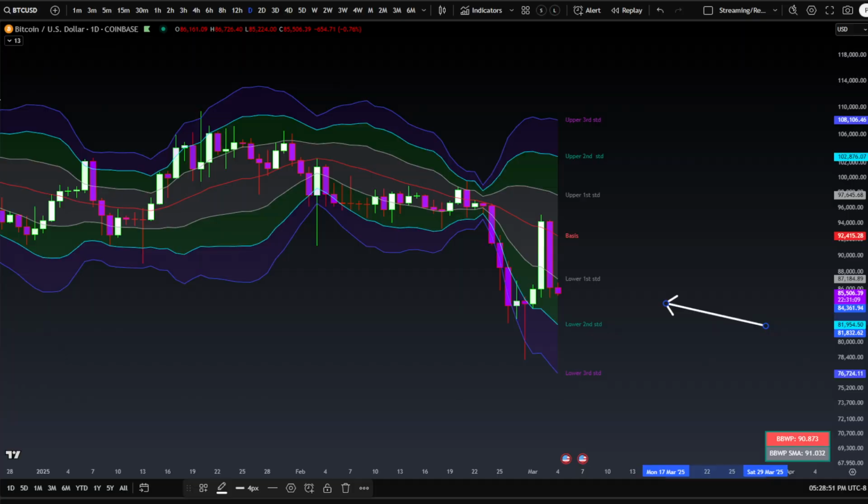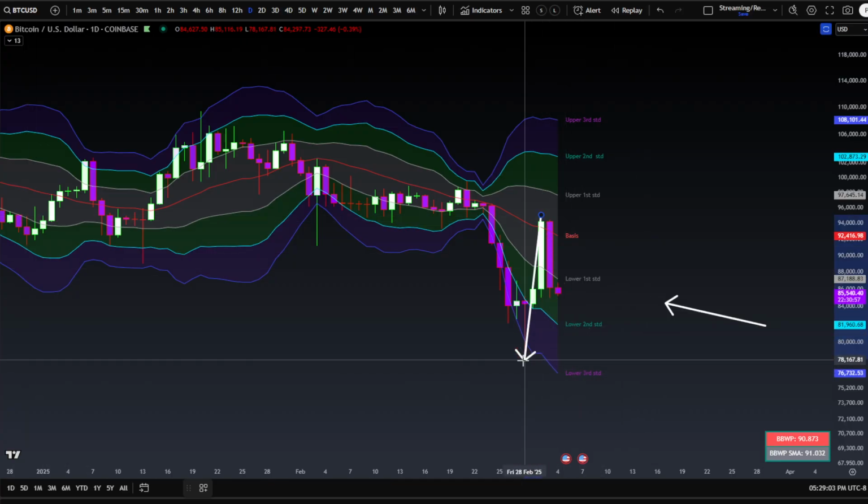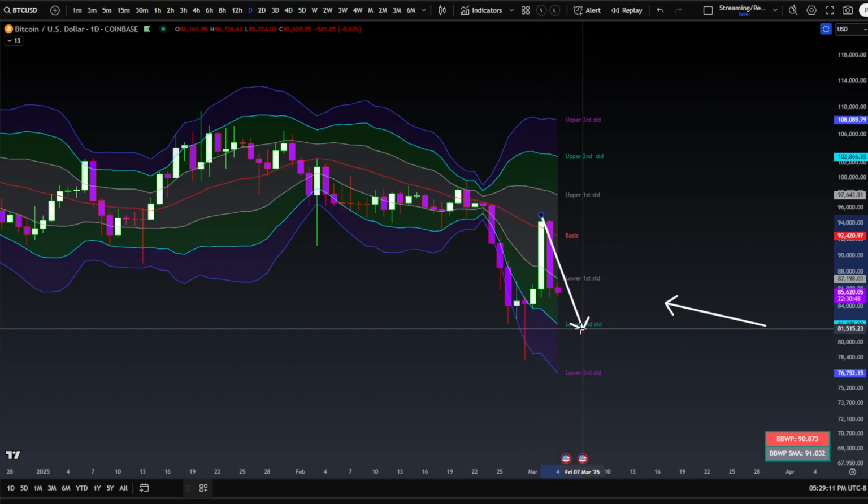And from a trend perspective, there's two big scenarios to look out for here. And that is that Bitcoin comes down and makes a higher low relative to the swing low here at $78,000. Anywhere below there is continuation in the lower term and possibly the higher term timeframes, right? But realistically, what bulls are looking for is something like this, either right here or lower, come down, put in a higher low. And I'm not really so concerned about closes at this point in terms of higher lows, because this move is still very volatile. Let's say it comes down to the lower second. Doesn't really matter where it closes as long as it's above that $78,000.